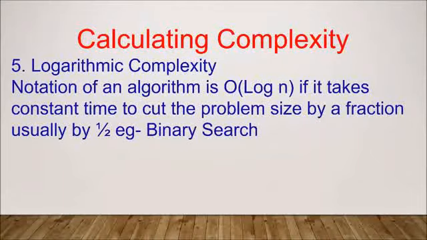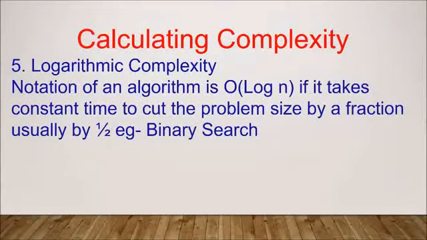Suppose binary search, what we do in binary search, we find the middle term. Maybe the best case is when we get the element in the first iteration only. That is the best case we will get. And if by chance the element we want to search is reached only when we reach the last element, that is the worst case. That is why the complexity depends on the input we are giving, the number we want to search. So that is the logarithmic complexity.